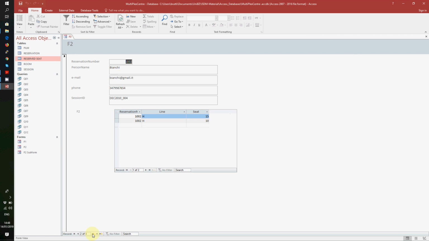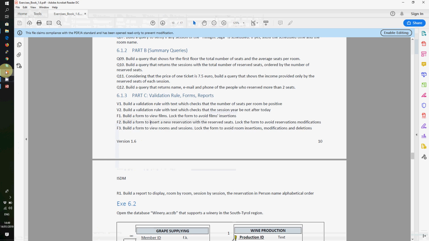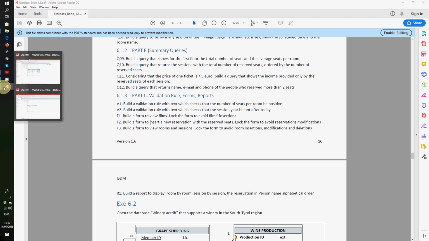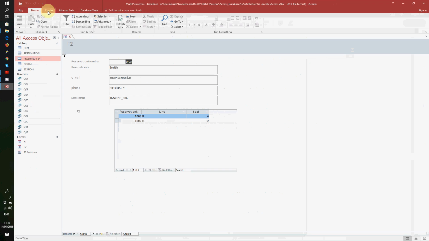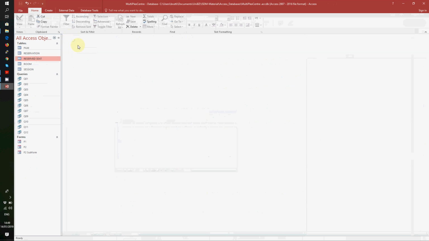Okay, so these are all the reservations with the reserved seats. Okay. Then the last form, build the form to view rooms and sessions. Lock the form to avoid room insertions, modifications, and deletions. So this is similar. So we want a form, save and close. We want a form